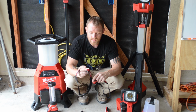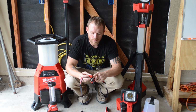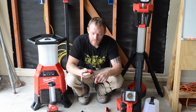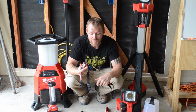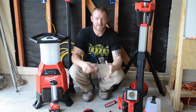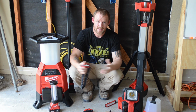This one's got a lot of bad reviews on it just because of the battery life, having to take it apart to change out batteries, and the length of time that the light stays bright. After a while, it starts getting dim and dim and dim, and the thing just turns off on you. So as an electrician, I'm always using several different kinds of batteries, and it's kind of a pain in the butt to keep up with all the batteries